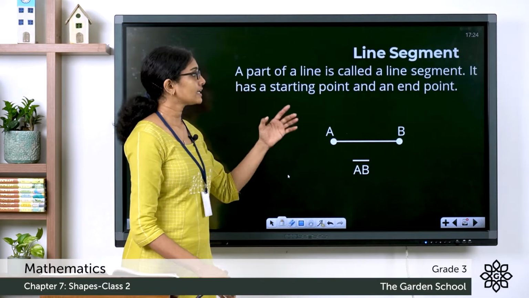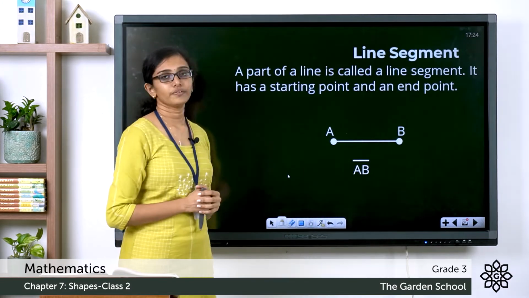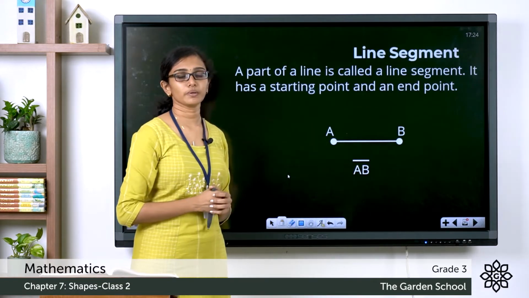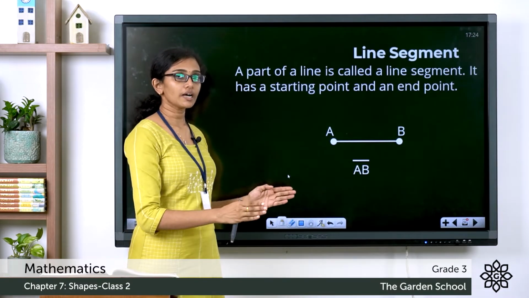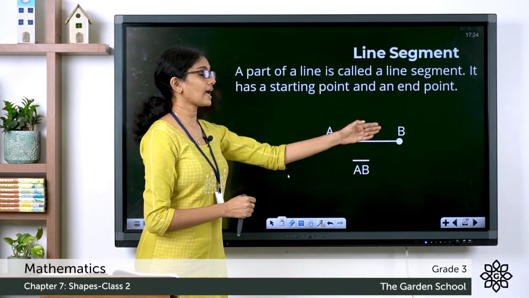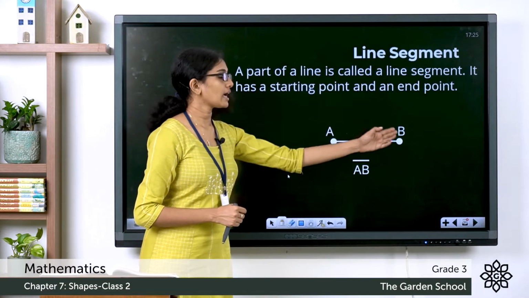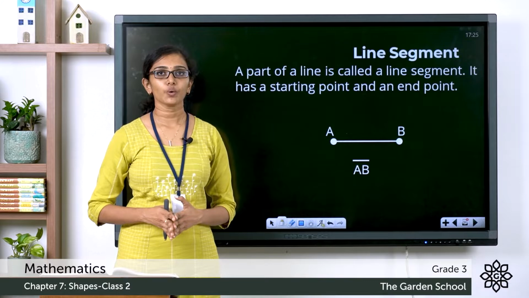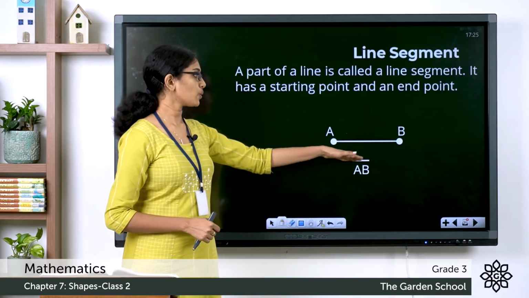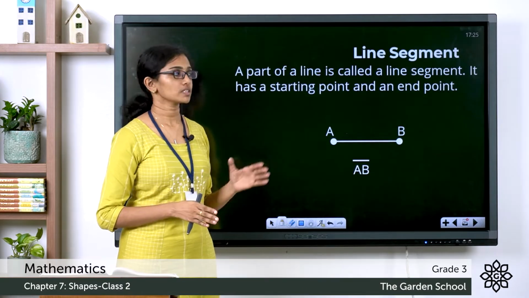Now, a line segment. A line segment is part of a line and it has a definite length, or it has a measurable length. And it is a part on the line between 2 points. And these points here are A and B. So this is point A and point B. It has a starting point and it has an ending point. This is how you represent a line segment. You write the name of the points and above that you draw a straight line without any arrows. So this is a line segment.